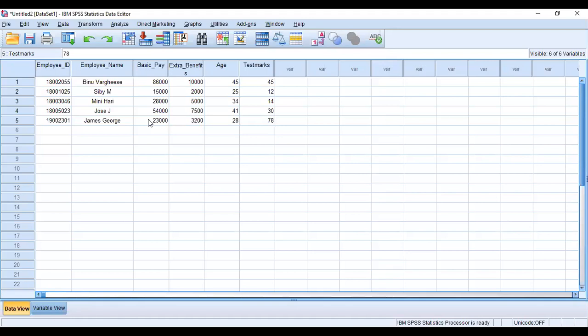Test mark is 78. Next, 19004058, Salium. 14,000 basic pay, 1,500 extra benefit. Age 36. Test mark 46.